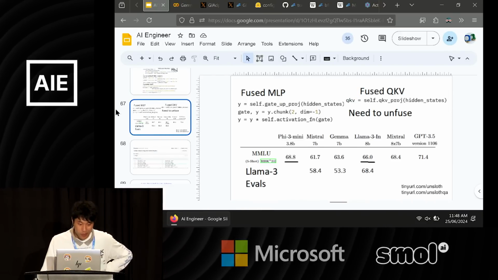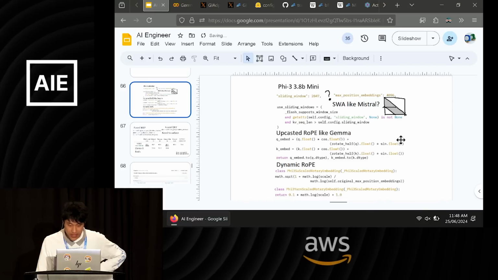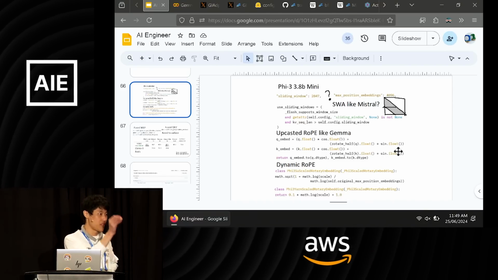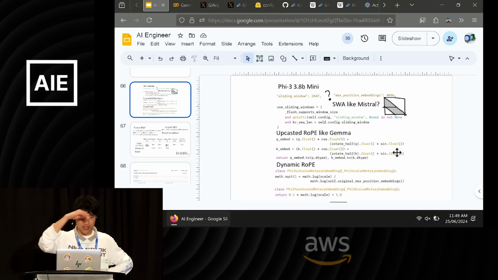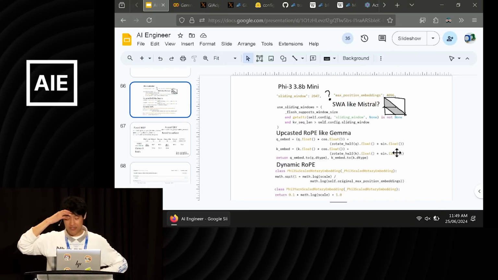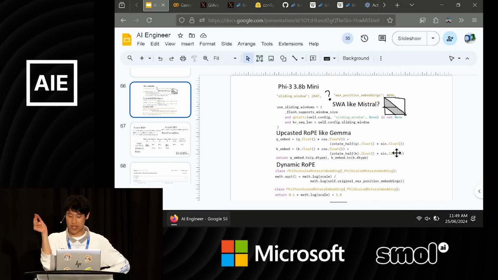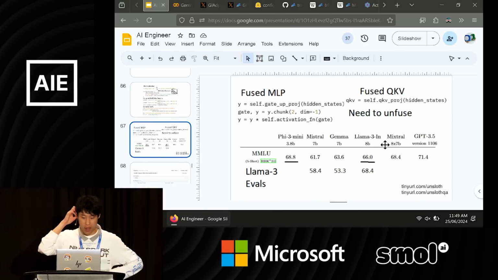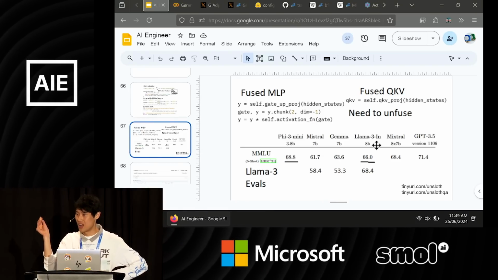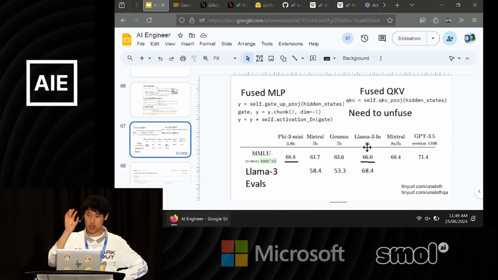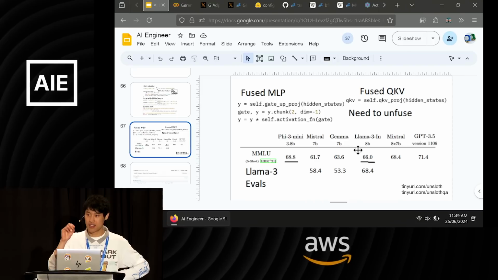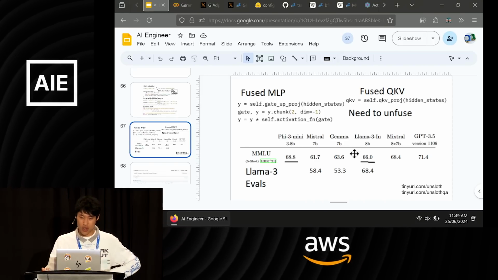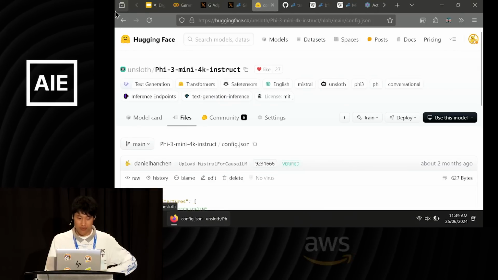Okay. So another one is that Phi-3 merged the Q, K, and V. Remember we did Q, K, and V? They're unmerged, right? The weights are separate for the attention matrices. Phi-3 did a very interesting move: they fused them into one matrix. And we found that to be very problematic for fine-tuning, because if you fuse them together, when you do LoRA adapters, you actually only learn new extra weights, and that's very little. So please unfuse them. And we do this, so our version of the Phi-3 actually